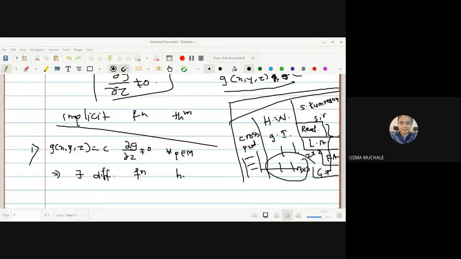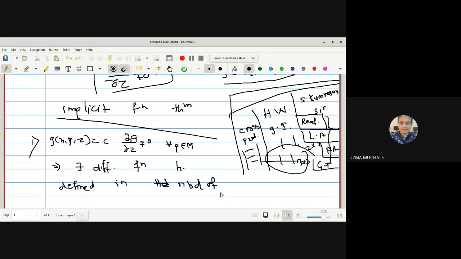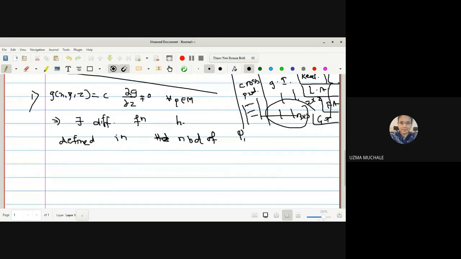Therefore, there exists a differentiable real valued function defined in the neighborhood D of a p1 p2, such that the first condition is for each point uv, such that